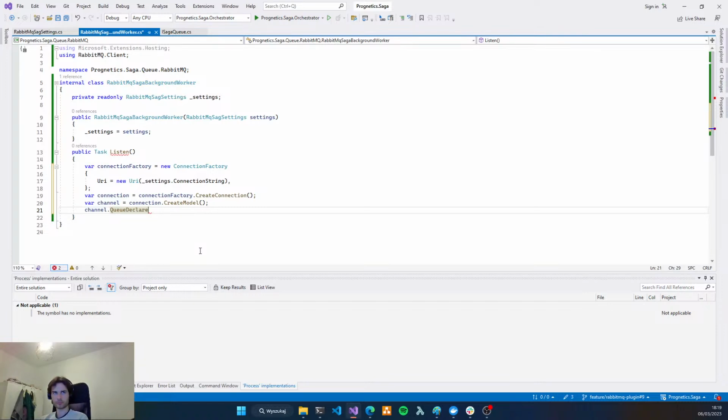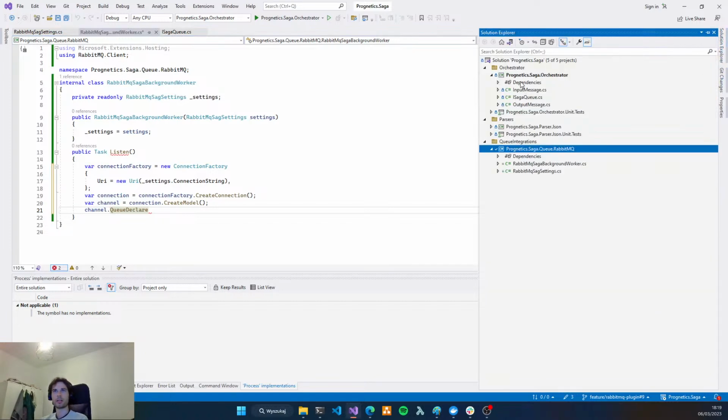I mean, we need to use the definition of our SAGA's transactions, because in our definition we have defined steps. So these messages have names, and these names will be used as our queue names.